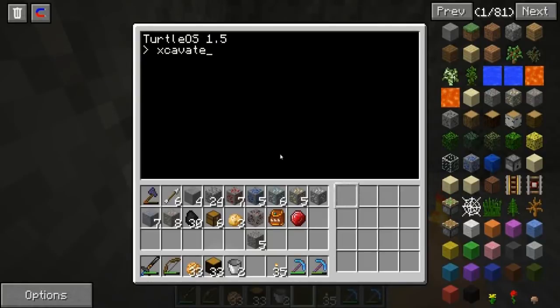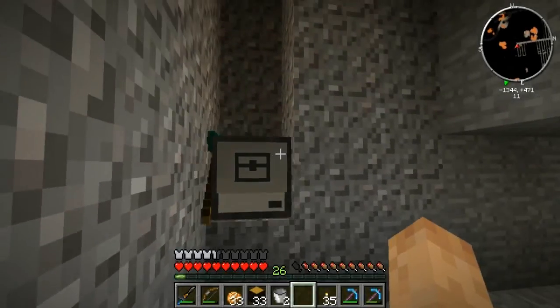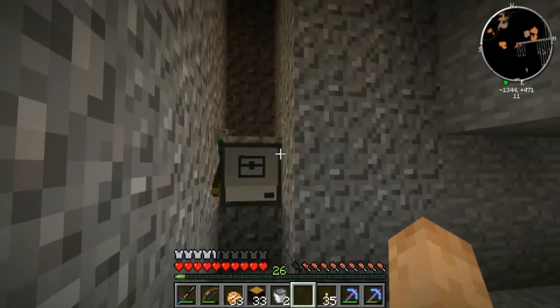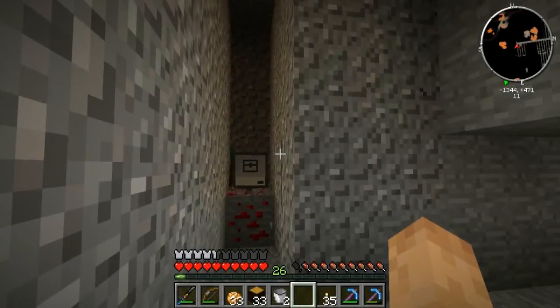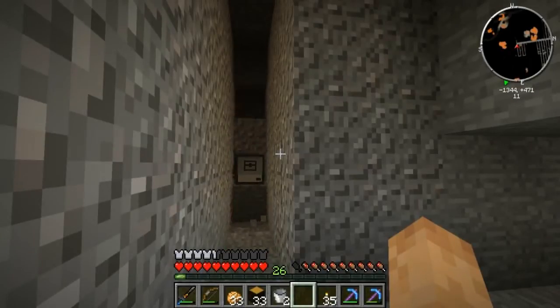and then you just tell it how big you want to do it, and it's going to excavate a square just like the other one. So I'll tell it we're going to excavate 6, and then we'll see it working. So there we go. It's going to dig both above and below it. We'll watch this mine for a few seconds,